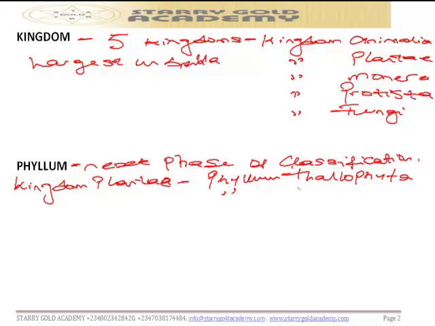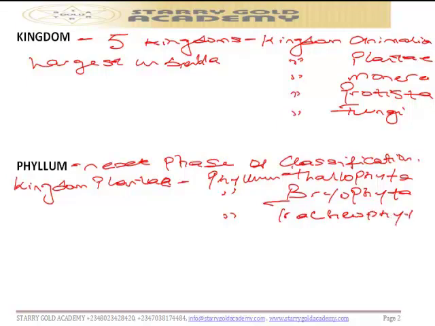We have phylum Bryophyta. We have phylum Tracheophyta. Those are the three phylums we have under kingdom Plantae. Now under kingdom Animalia,